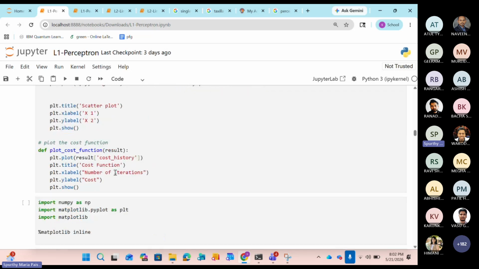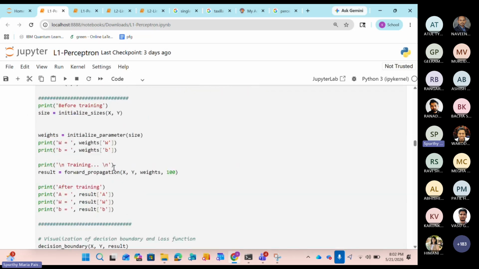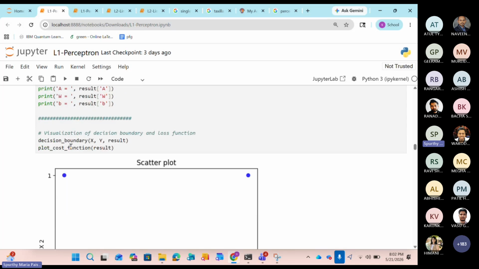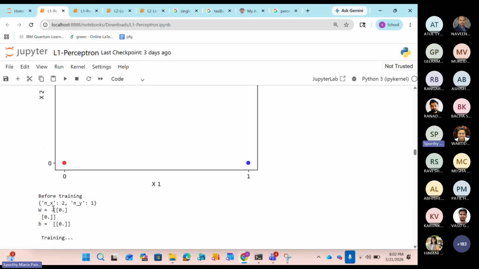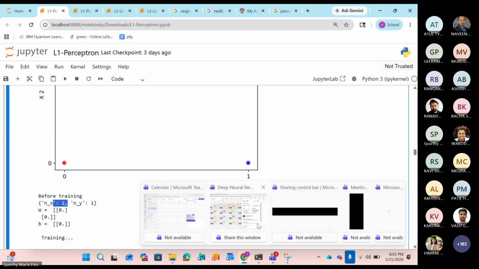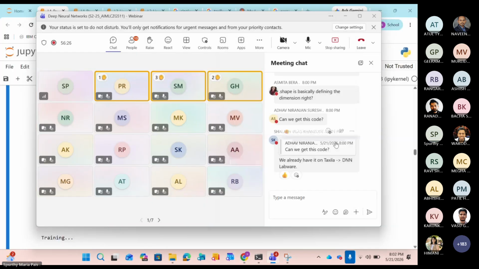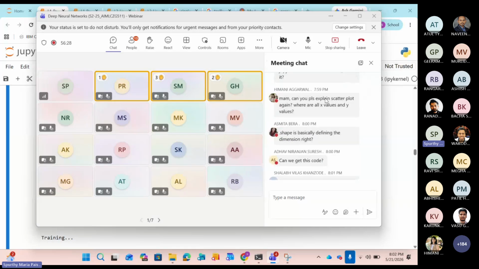So that you are again passing it here. You're basically printing your weight and bias. Initially your weight and bias are basically 0. You can see that this size, that is nx, is basically 2 and ny is basically 1. Shape is basically,